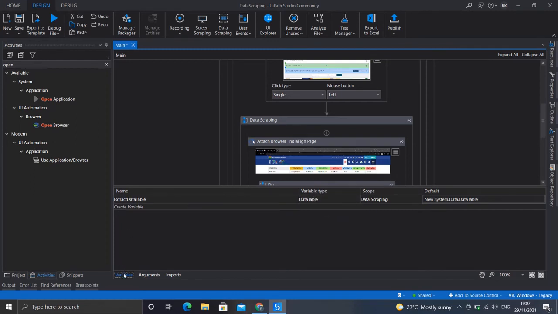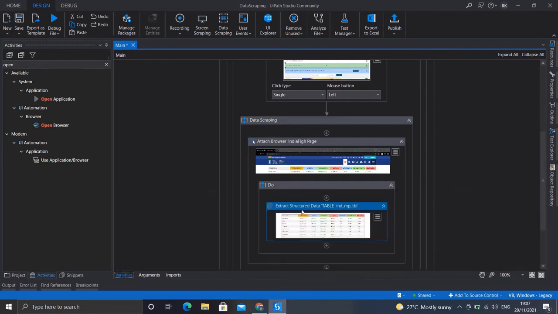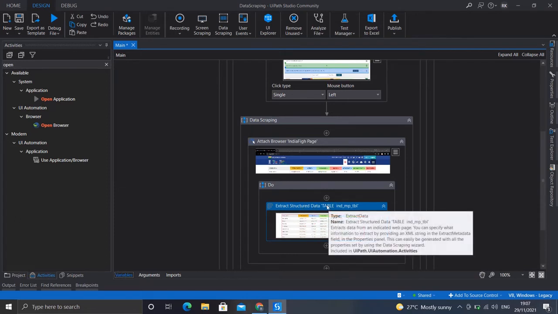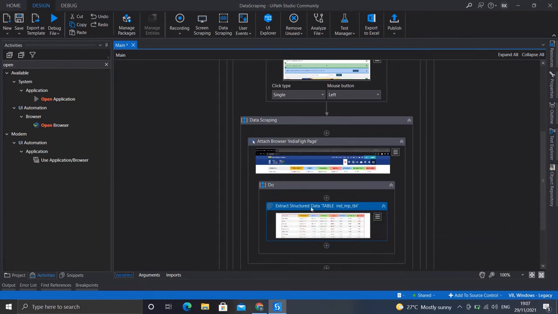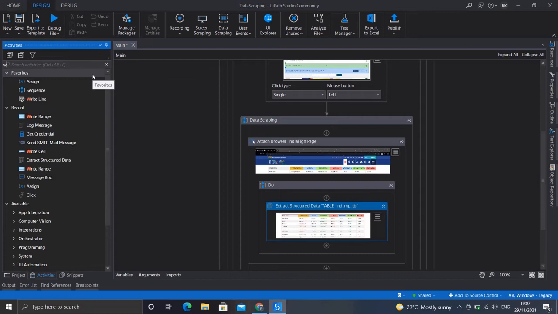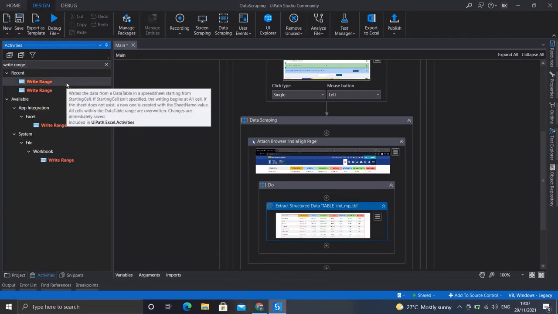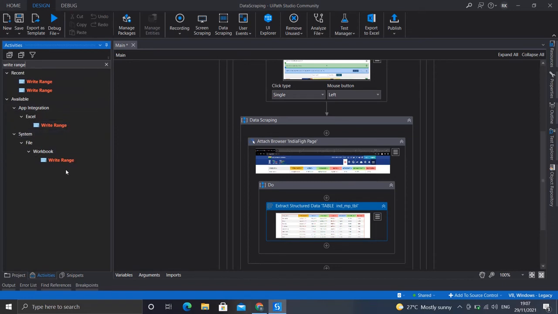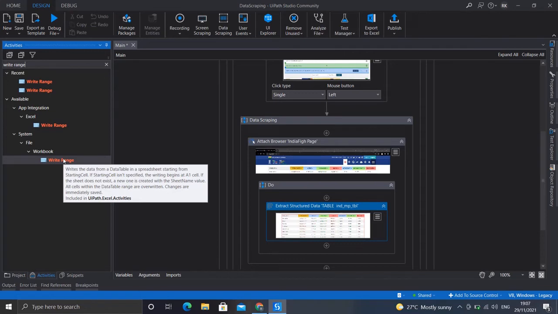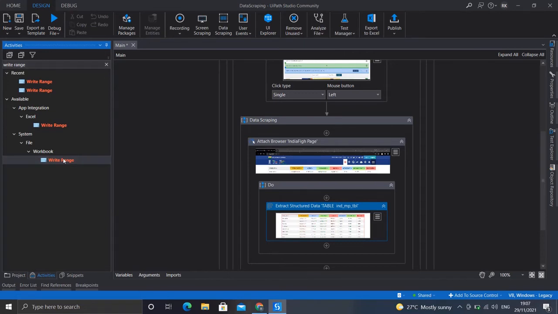Now we need to write this data table into an Excel file. For that, we can use a write range activity. So let's search for that. Here it is. We'll be using a system level write range activity because we are not defining an Excel scope for now. So let's put it here.